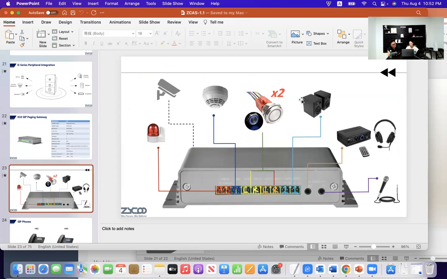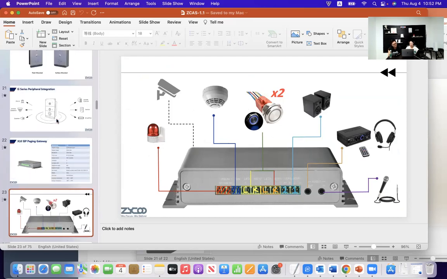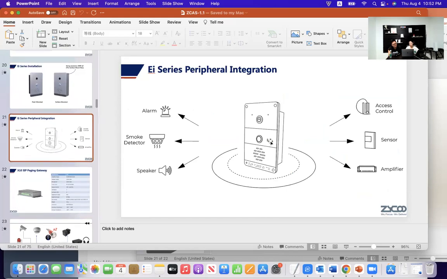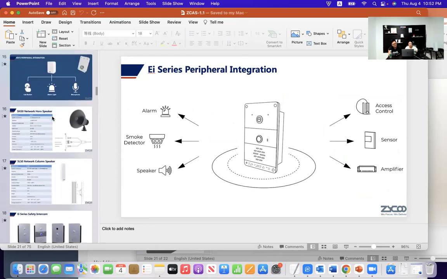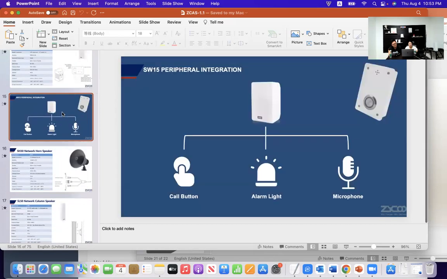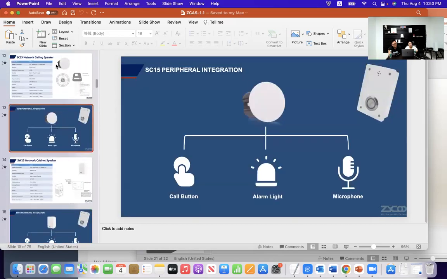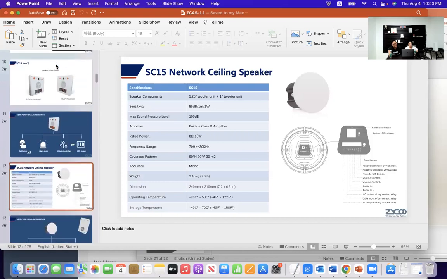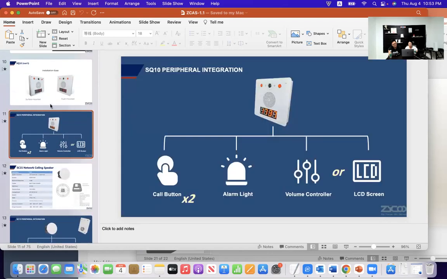Besides that, all the devices that you can connect to the X10 also apply to the EI series intercom. Then what else? Let's see. SQ10, we can connect